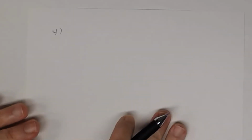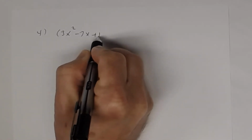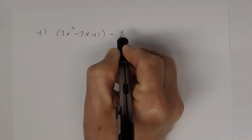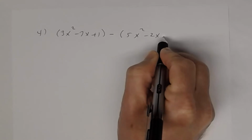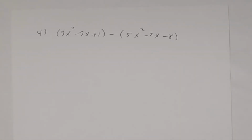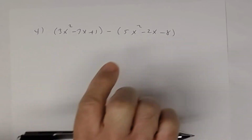All right, so in number 4 we have this: 3x squared minus 7x plus 1, and then I'm subtracting this polynomial, 5x squared minus 2x minus 8. All right, so when subtracting, see this time we're subtracting. When subtracting two polynomials,